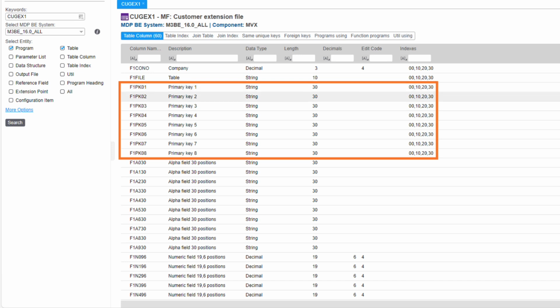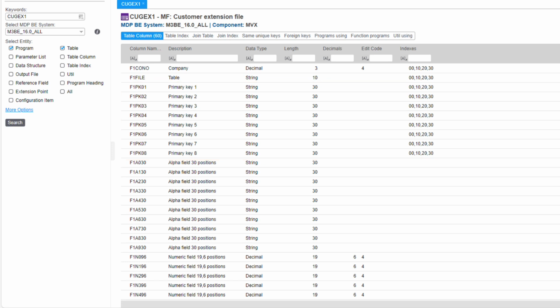And other tables have even more columns that make up the primary key of the table, so more Q GEX primary key columns would be needed to fill in to describe those fields. It's kind of crazy, but there are some tables that have more than 8 columns that make up the primary key of the table. Therefore, those tables are not eligible for customer-defined fields. But in my experience, most people using QGEX 1 tend to attach the customer-defined fields to tables that have 1 or 2 primary keys. In our example, we're going to work with our customer-defined fields in OCUSMA, just to keep